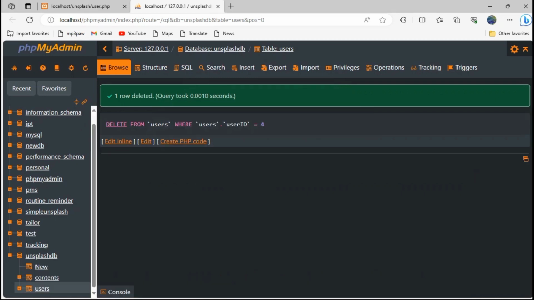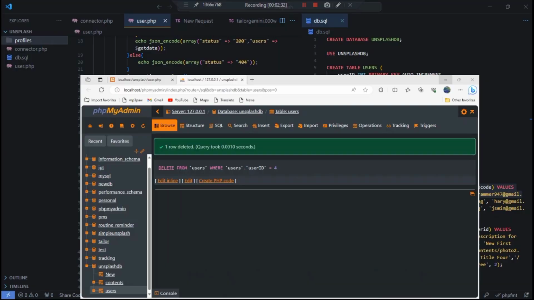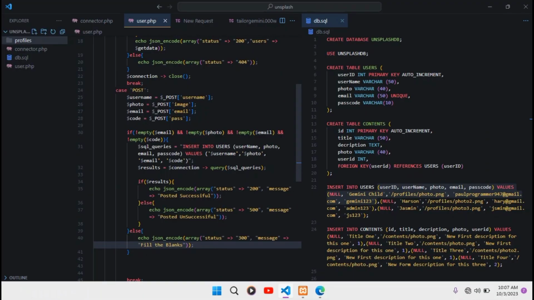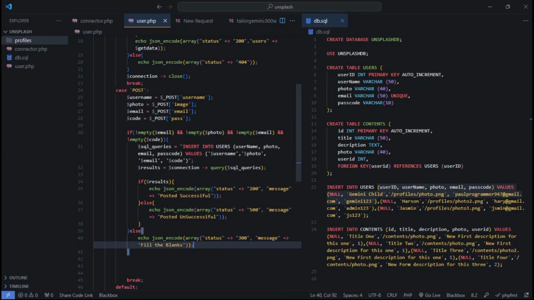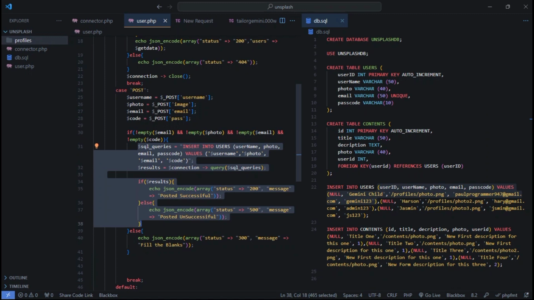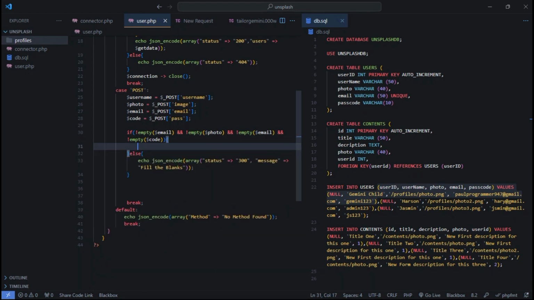So now after it has been deleted, let's come over here and think about this. Before doing all these things over here, I will just cut it. If we have already checked that the photo is not empty, and so on, so what if? Now we have to say if,